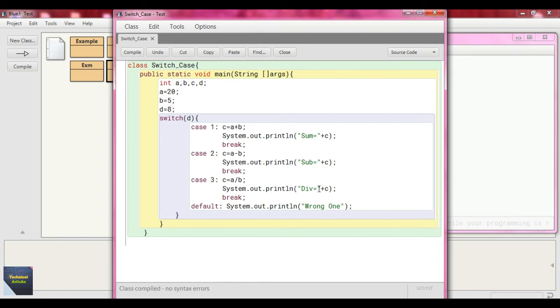And should remember, when we write each and every case, it is our responsibility to provide this break statement at the last statement of each case. Okay, but if the default statement is your last part, then you don't need to provide this break. But if the default statement is put at first or in the middle, then it is your responsibility to put the break statement, similar to case 1, 2, 3, at the last statement of that default part.